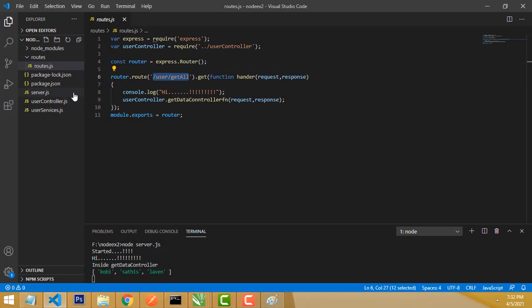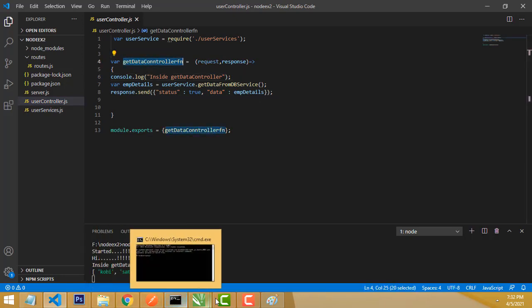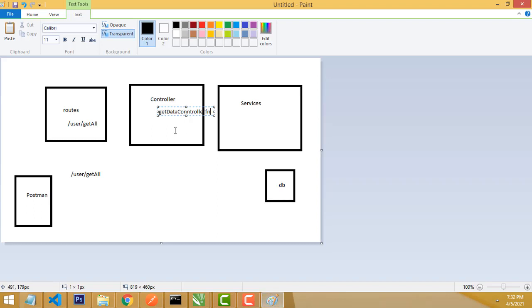Here I have already done this, so I will explain, don't worry about that. Here is the controller, which has this method. I have to put it here, then only you will be able to understand this. What this controller does: if the request is coming for get all, it comes here. If you call get all, it means all the records will be loaded and sent to Postman.